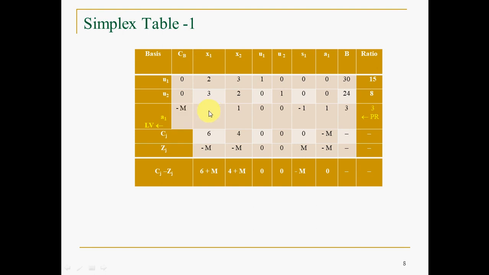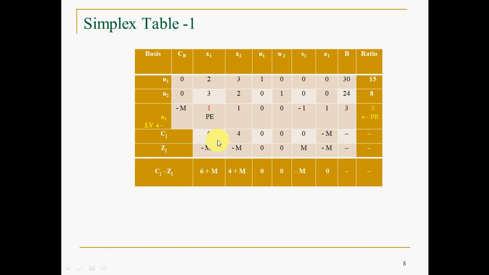The product of the respective column with CB: you have to multiply these two, add to this product, and add to this product. In that process it will be minus M here. Why is it minus M? Because 1 times minus M gives minus M. So here also we are going to get minus M. So this is 0, this is 0. Why is this M? Because minus 1 into minus M is plus M here. All of this we'll get.